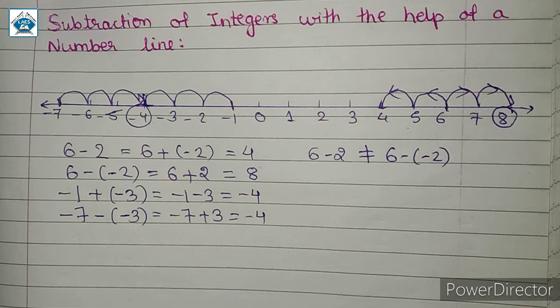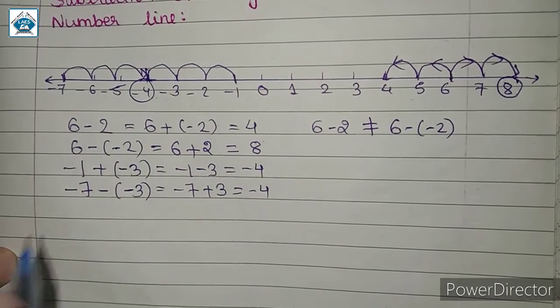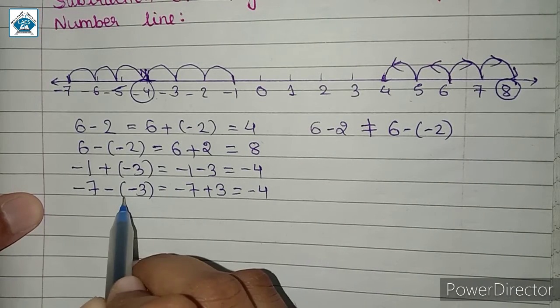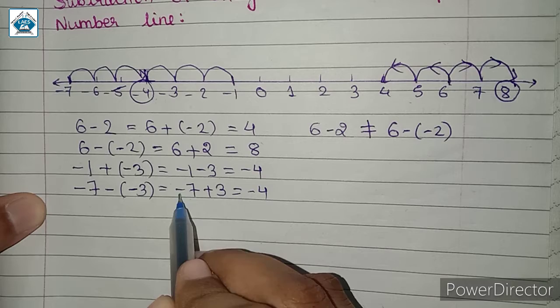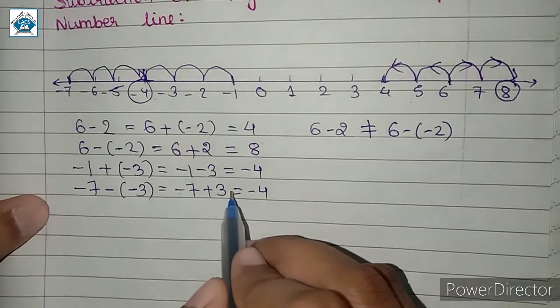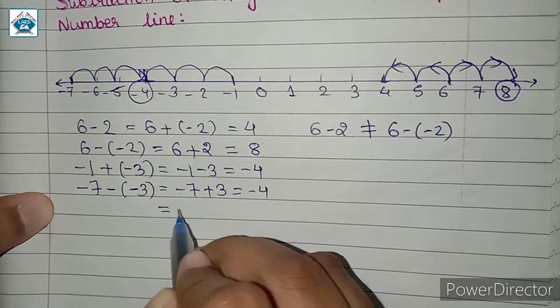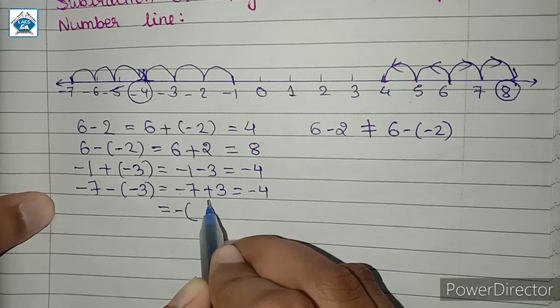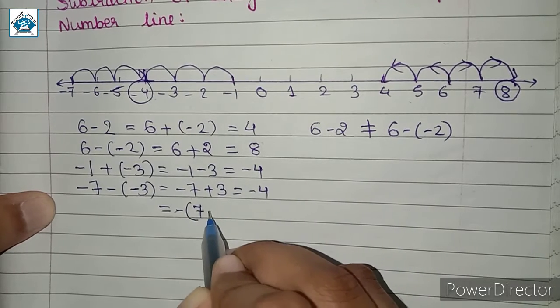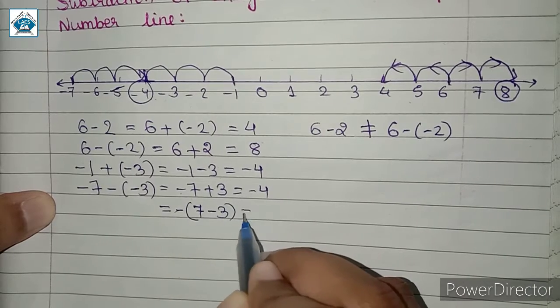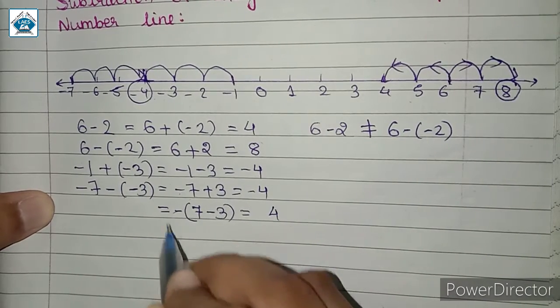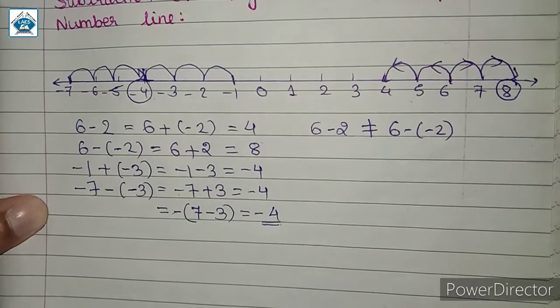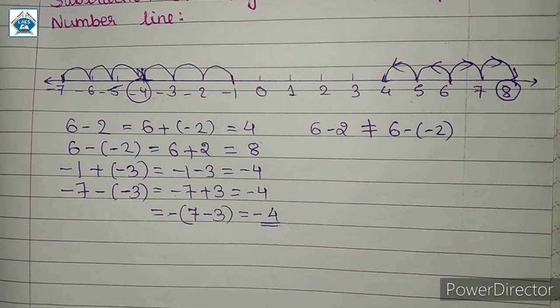And what about without using the number line? This was using the number line. Without using the number line अगर हमें subtraction करना है तो कैसे करेंगे? Here we have minus 7 minus minus 3, तो हम लोग इसको डायरेक्टली लिख सकते हैं minus 7 plus 3. So if we want, instead of directly going to this step, we can write this as minus common निकाल सकते हैं. यहाँ पे plus है, जब minus common निकालेंगे so it will become minus and this will become plus. So 7 minus 3. 7 minus 3 is equal to 4, and here we have the minus sign, that is equal to minus 4. So in this way you can subtract without using the number line.